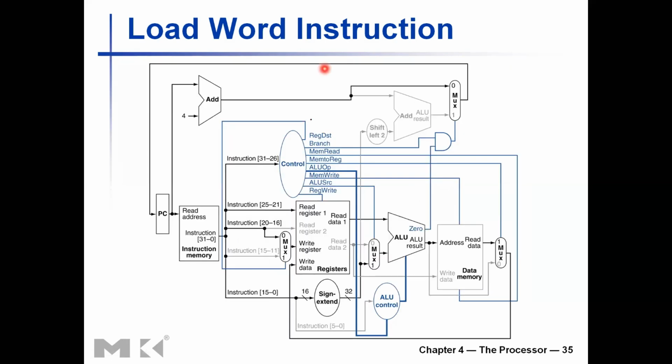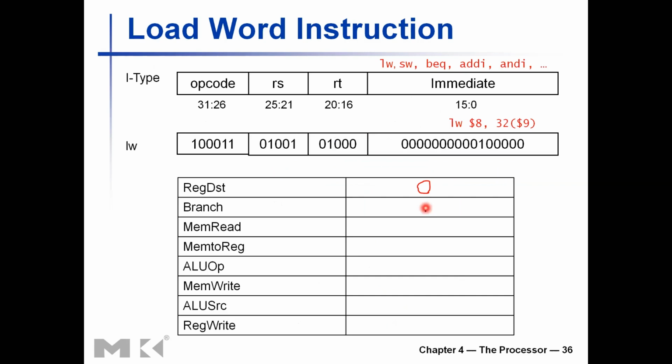Then branch, what is the value? It's also 0, because this is not a branch instruction. We will not be writing anything into this adder circuitry. We will not be taking that adder's output to manipulate the program counter. This is not a branch instruction, so the control signal value should be 0. Right. So okay, mem read